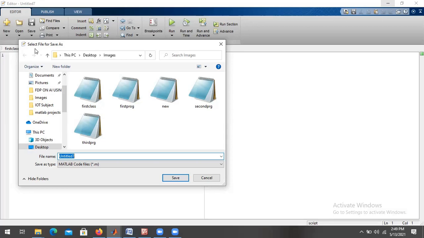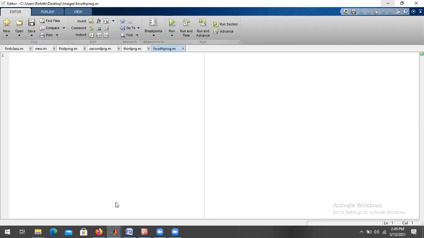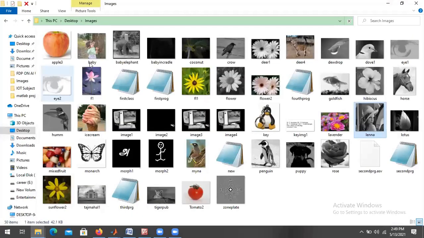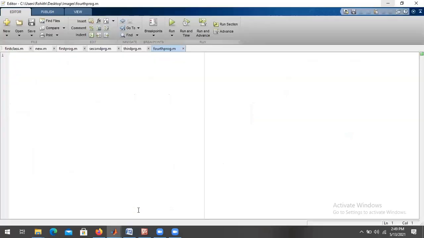Because of that, we usually try to convert that color image into a grayscale image. So generally, I try to take this baby image, and the same thing we used to write, whatever, clc.